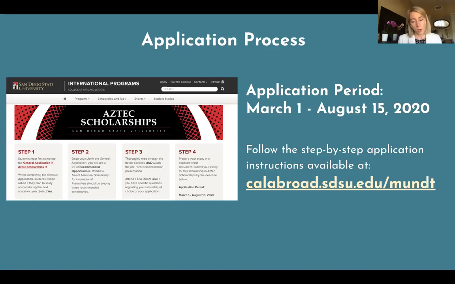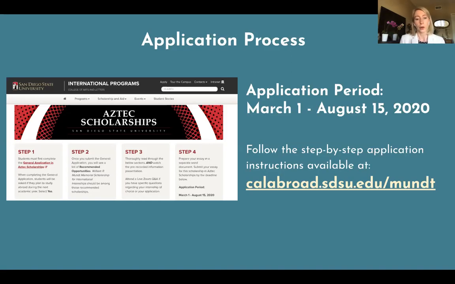The Mundt Scholarship, though, definitely requires supplemental materials. It's a detailed process that needs to be completed. That's why you need to have that list of recommended opportunities. But the general application is pretty great in that it'll help you figure out what you're eligible for, and you might not even need to do anything for some of those scholarships.